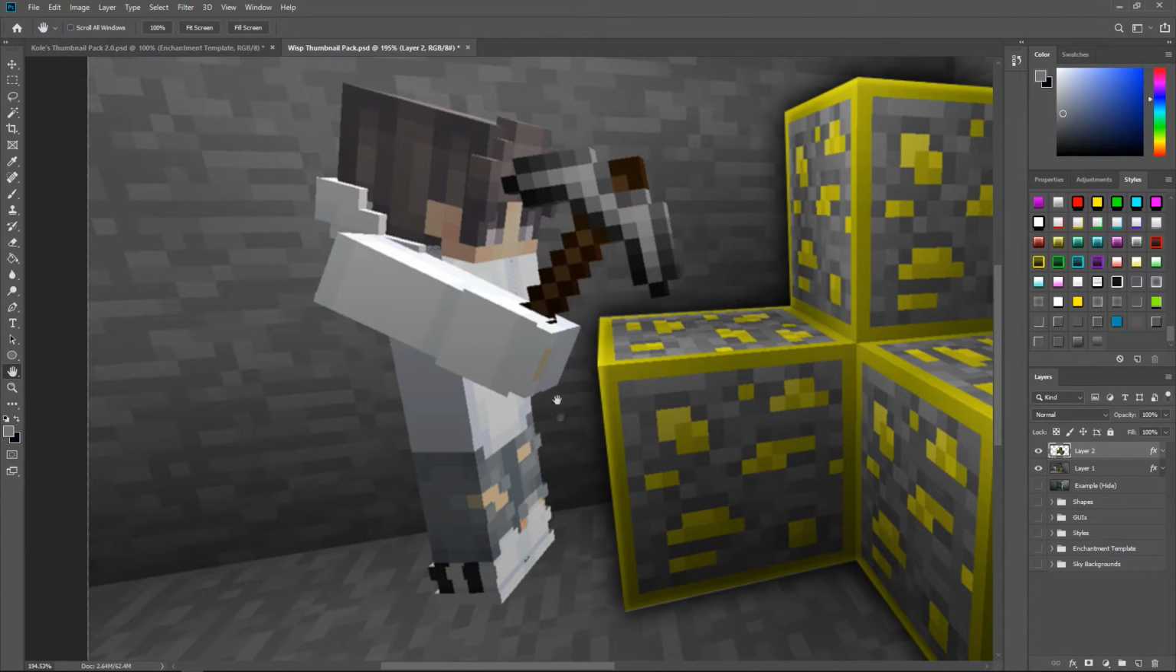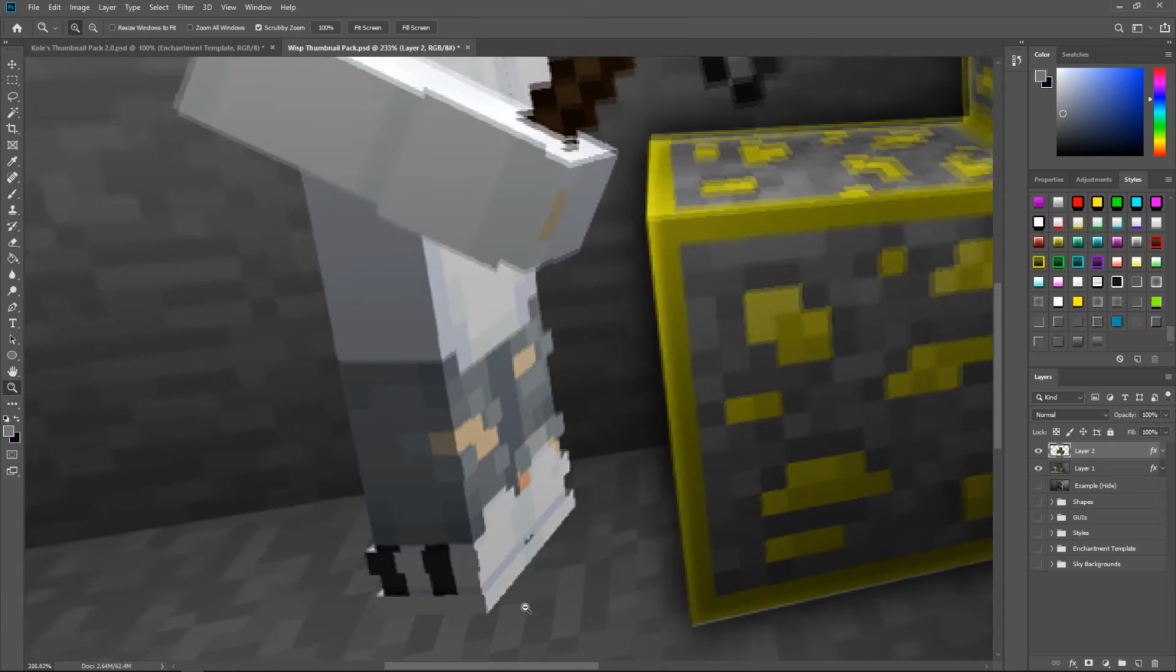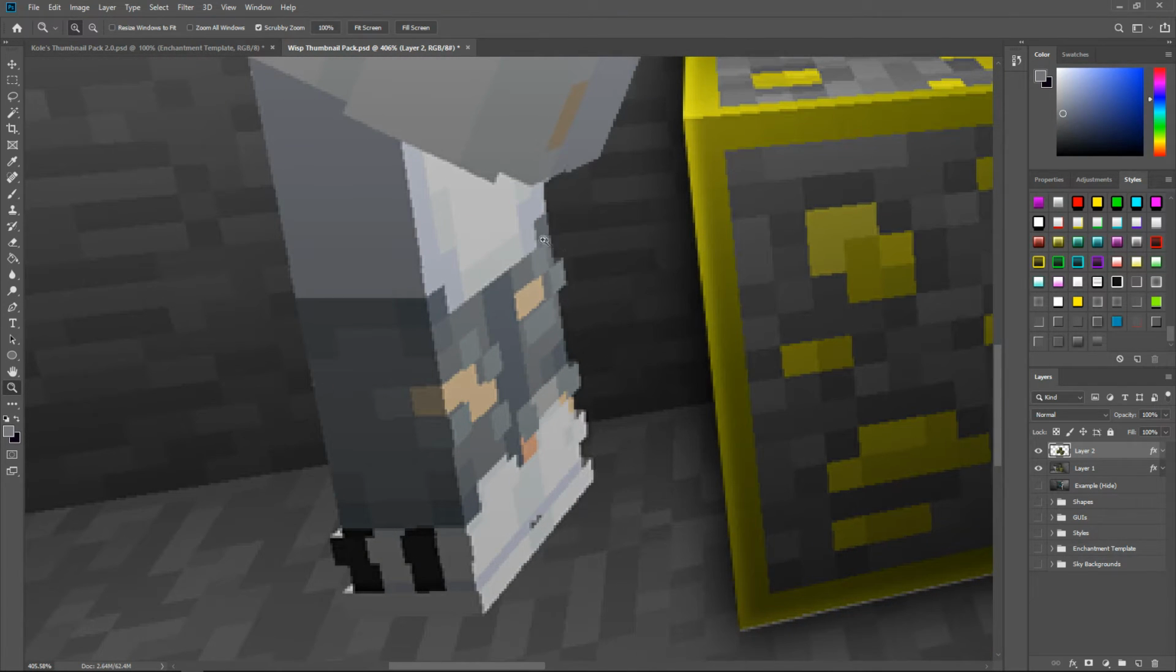Now we do also want to highlight the character if you want. You don't have to, I always do though. It does make it look more like Wisp's thumbnails. If you have a lot of extra little bits on your skin, it does make it look a little bit hard, but it's pretty easy. It just takes a little bit of time. I always find it worth it though. So I'll just go along here. You don't have to do this if you don't want